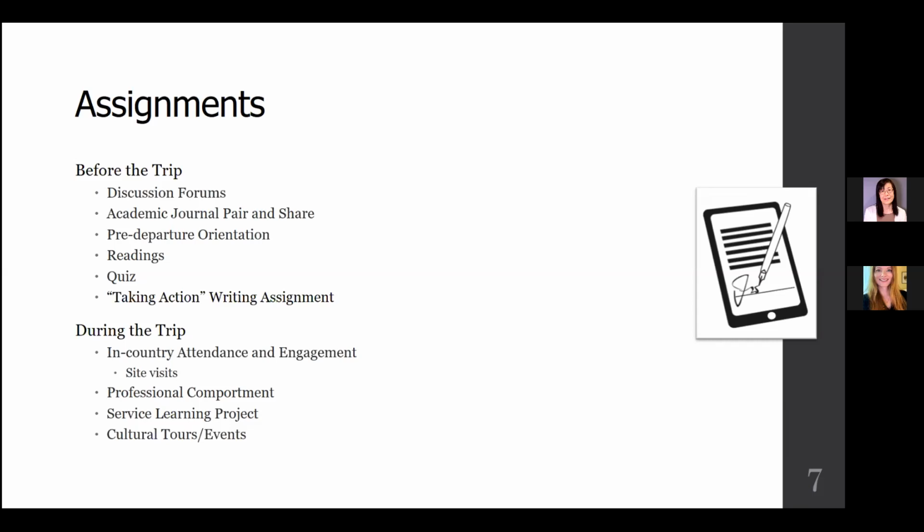During the trip, we have our in-country attendance and engagement. You'll be assessed on that. So are you attending all the events? Are you engaged? Are you being an active participant at the site visits? Professional comportment really boils down to how you handle yourself professionally, because you are representing not only yourself, not only the university, but our country. It's very important. Some examples of having good professional comportment is active listening and responding during planned site visits, being